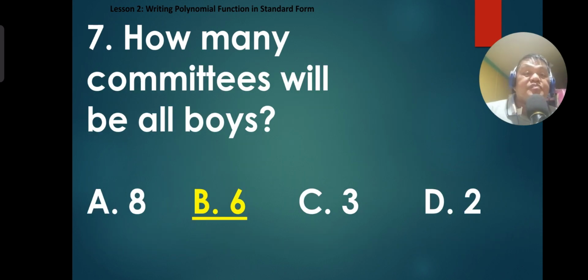Number 7. How many committees will be all boys? So using the formula, we have n is equal to 9 and r is equal to 5. Using the formula, I just hope we have the same answer. The possible answer is letter B,